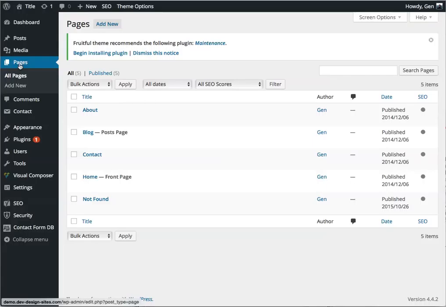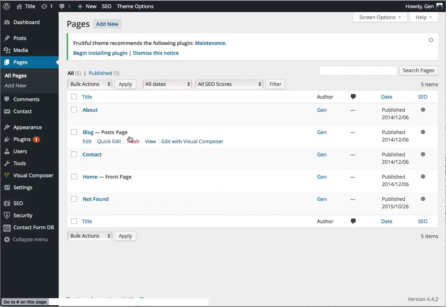You can access pages by logging into your WordPress site and going to Pages. Once here, you will see that All Pages is automatically selected, and there's also an Add New. At the top of the Pages screen, there is another Add New button. Here's the list of all the pages that I currently have on my website. This is a demo installation, so there's really not a whole lot here, but it gives you enough to see